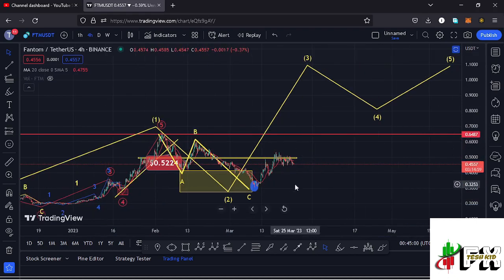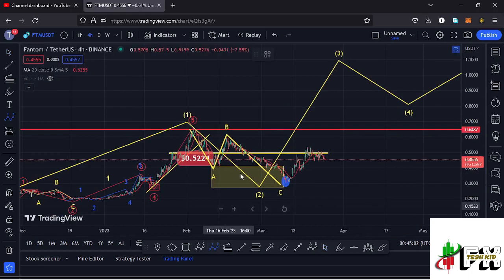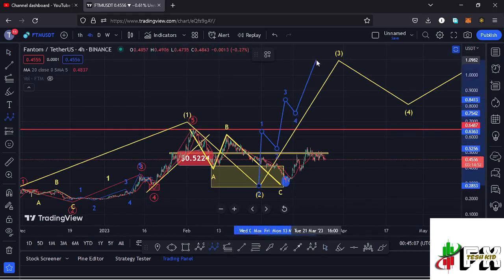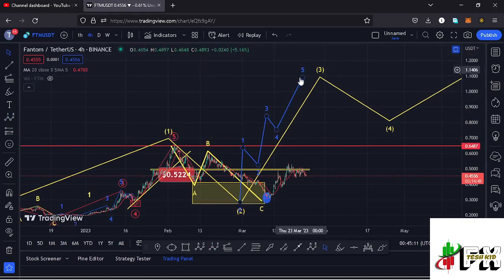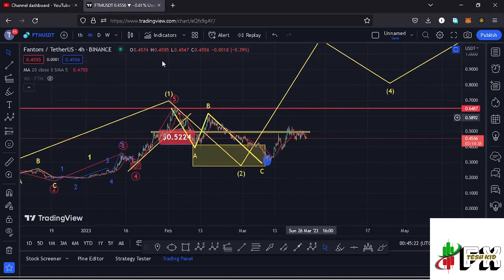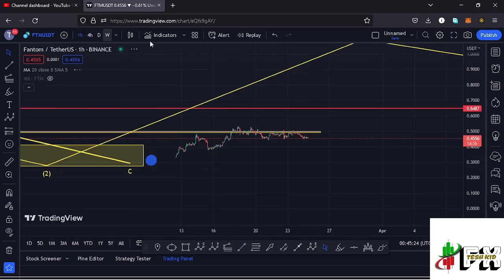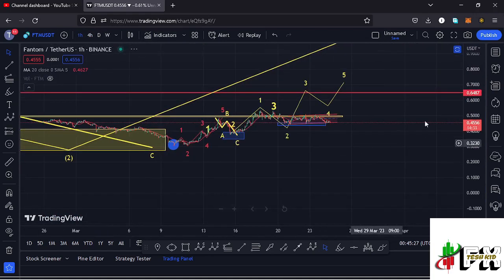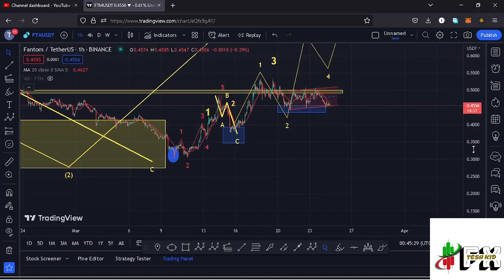And because of the impulsive nature in the formation of that wave 3, I'm also expecting to see a 5 wave structure in formation within the formation of that wave 3, having the wave 5 fully maximizing our target areas and also giving us the high for that wave 3 to the upper side. And it is this Elliot wave structure, which is a micro Elliot wave count within the formation of this wave 3, that is going to give me the short-term scenarios that I'm expecting to play out here on the Fantom chart. And I believe that is better seen here on the 1-hour chart,